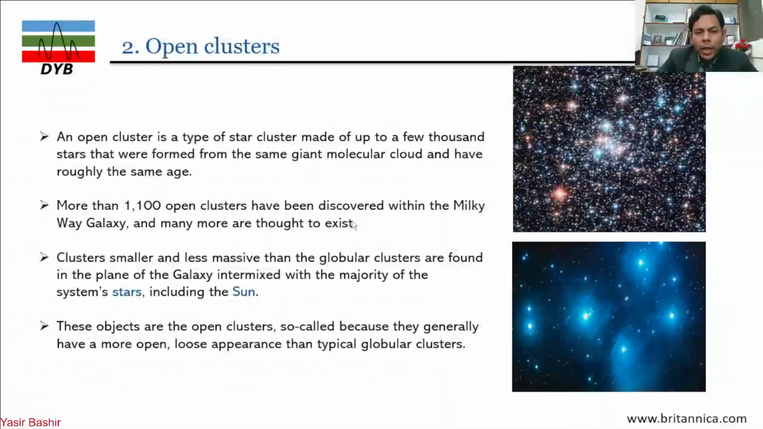And the second component of the galaxy is the open cluster. So now we have been dividing the galaxy into different clusters. The second is the open cluster. An open cluster is a type of star cluster made up of a few thousand stars that formed from the same giant molecular cloud and have roughly the same age. You can look at the figure over here. The open cluster is smaller than the globular cluster, but it contains